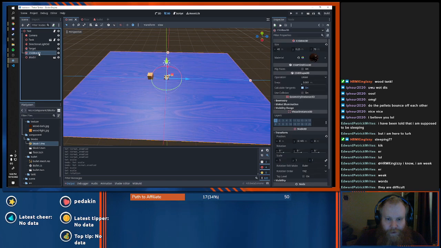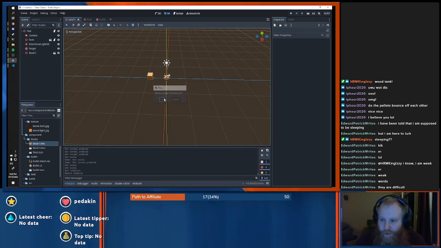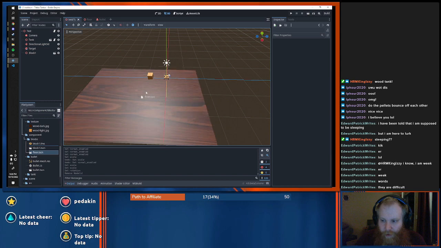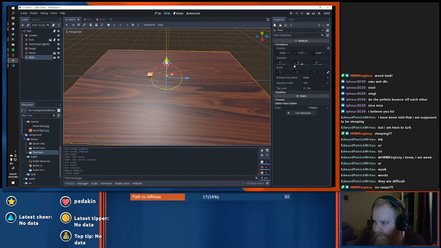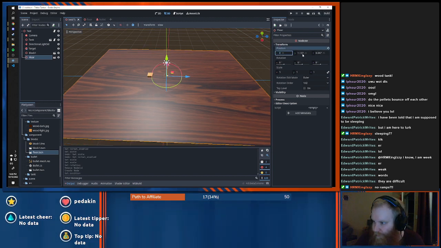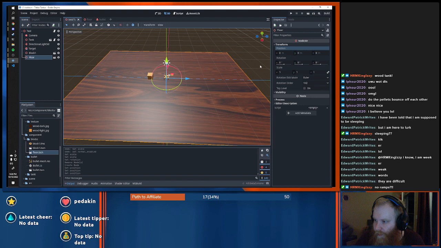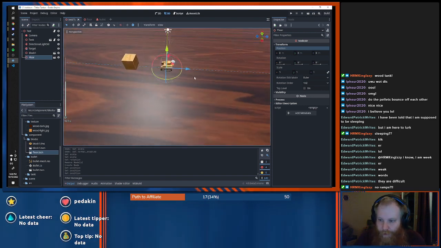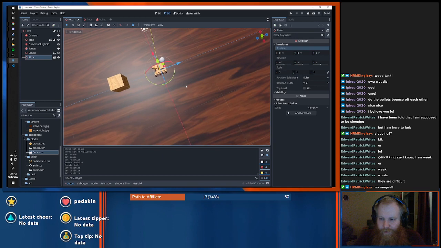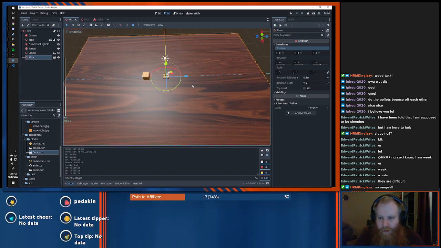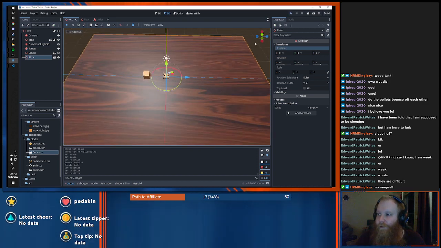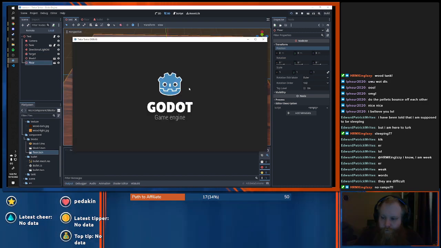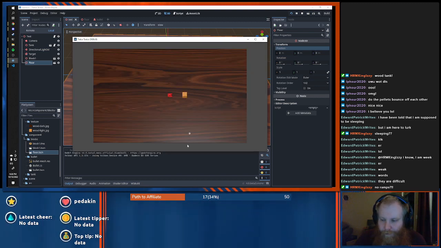So let's get rid of the test floor here. And we're going to drag in the new one. And we're going to make sure it's at the right spot, which is just zeros across the board. And bam, there's a floor. Ooh, it might actually be an issue that it's so shiny. But I can fix that. Yep, no ramps. Okay, that's not a problem.